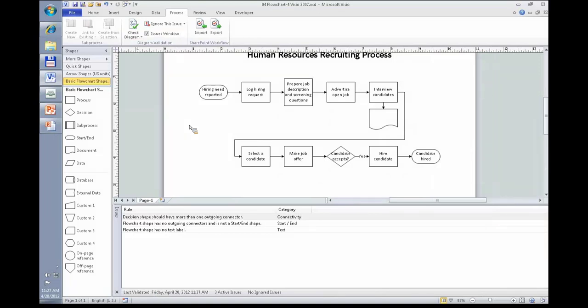There's a flowchart rule set. There's a separate rule set for BPMN diagrams. There's a rule set for SharePoint workflow diagrams, for Six Sigma diagrams, and a variety of other diagram types as well. And because the Check Diagram function is on the Process tab, just keep in mind that this is only available in Visio Premium. One quick note, by the way,